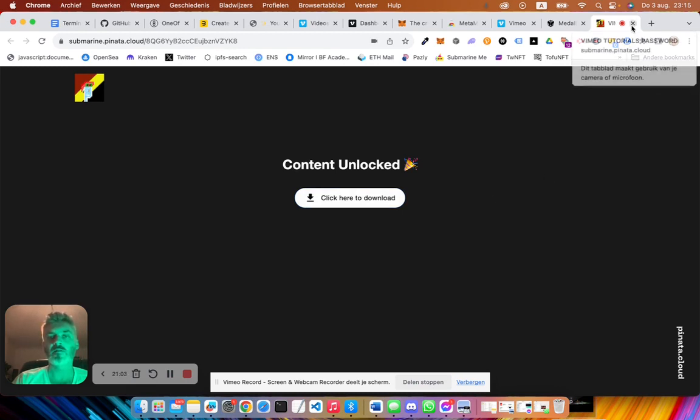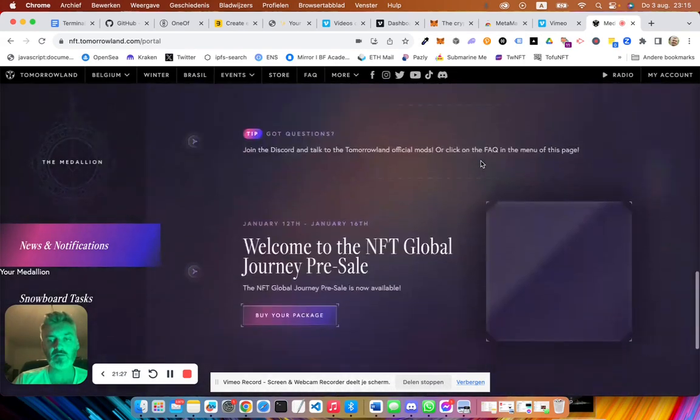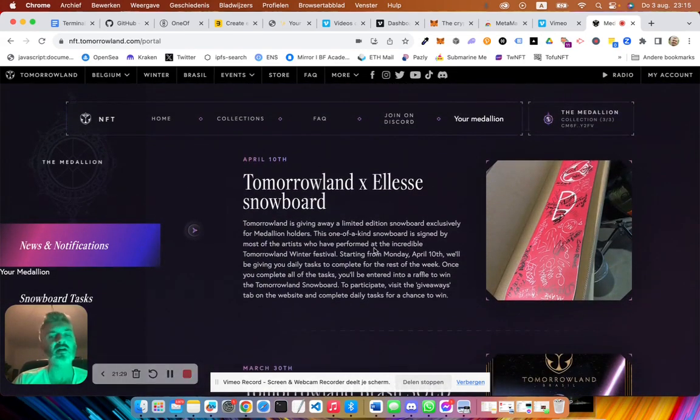So this is what happens when you get MetaMask. You see, MetaMask gives you the possibility to get access to Web3 applications, Web3 content, videos that are stored on the blockchain, games that are stored on the blockchain. There's a lot going on, and so that's how you start. We install MetaMask, and this is how you start your journey to Web3.